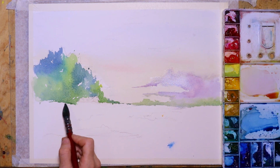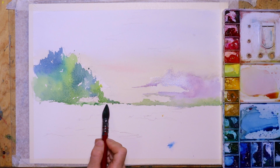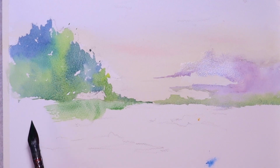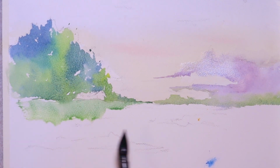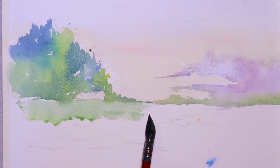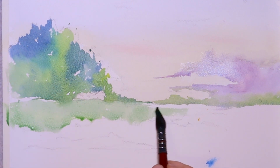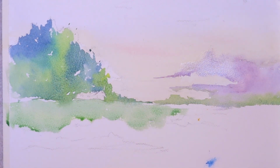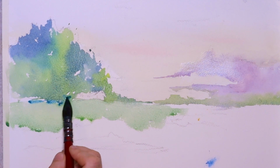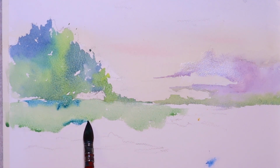Then I use a bigger brush because I want to paint the foreground, and my brush contains lots of water and a lot of paint of the green shades I have used before. So press the brush firmly onto the paper. Then I add some phthalo blue, so it's a little bit of a coldish tint,